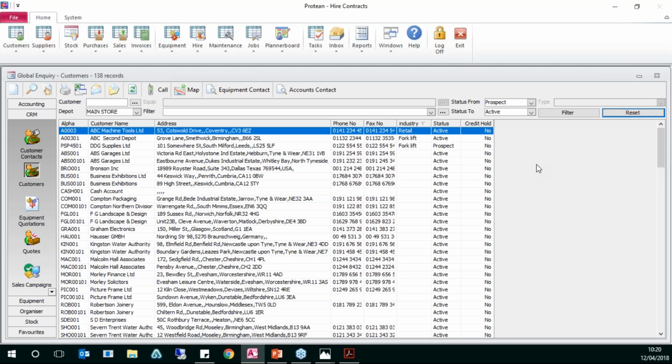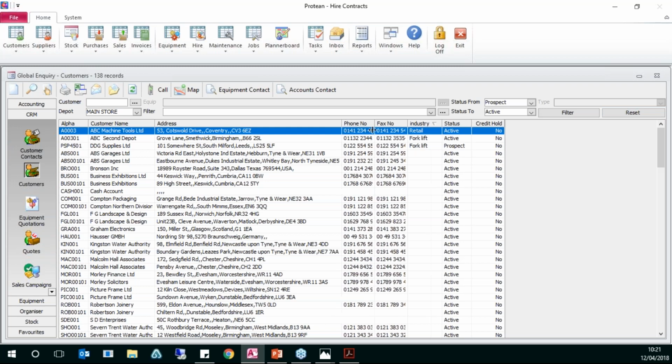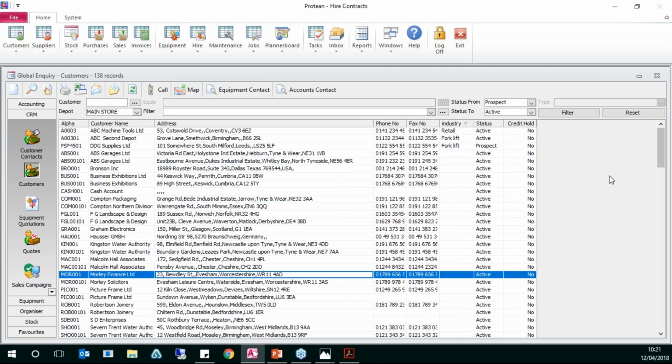The first thing I want to show you, before we get onto how we run any form of advanced filters, or filtering on any form of description, is that you can control what information you can see on screen. The global inquiries export brilliantly to Excel. What we've noticed straight away is that we've got the address all in one cell. If I was aiming to run a mail merge, I'd want to report on the postcode in an individual cell, especially within Excel, so I can formulate any kind of plan or marketing scheme from there. The way I can split that, or control exactly what I can see from my global inquiry window, is anywhere within the main body of the screen,